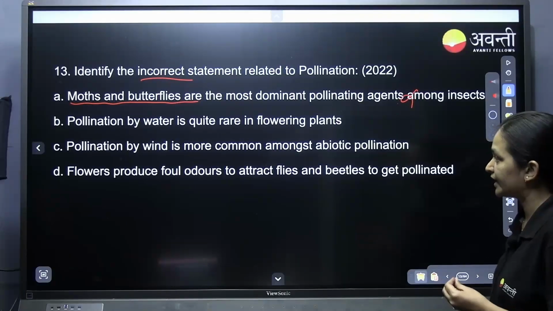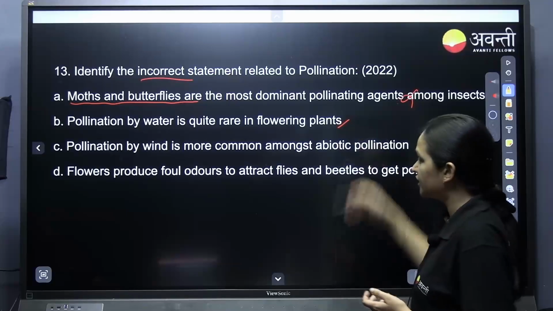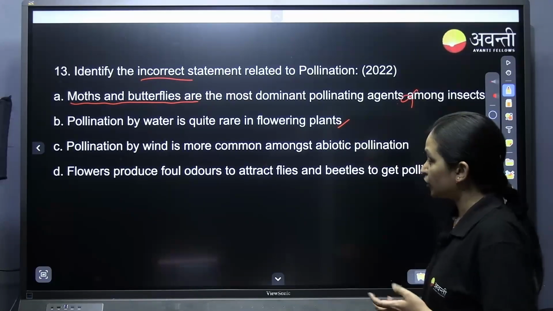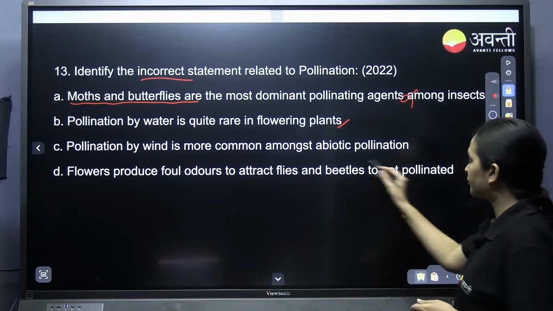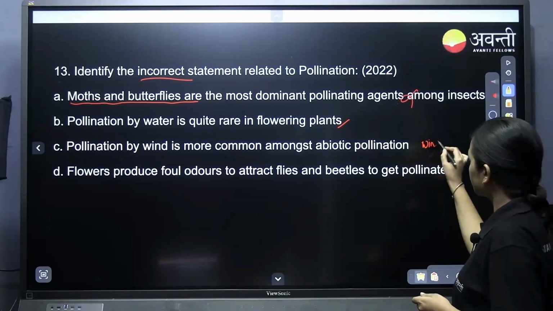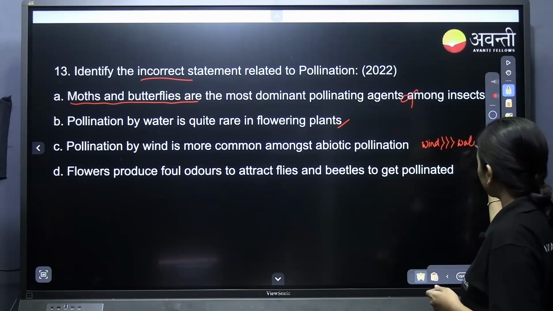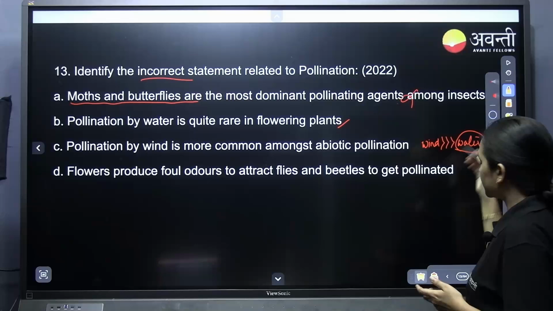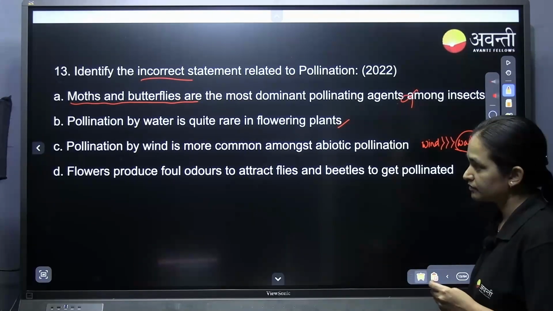Pollination by water is quite rare in flowering plants. Pollination by water is definitely very rare. Pollination by wind is more common amongst the abiotic factors. Yes, pollination by wind is much more common compared to water. Water as a pollinating agent is the very least. Okay, for example,